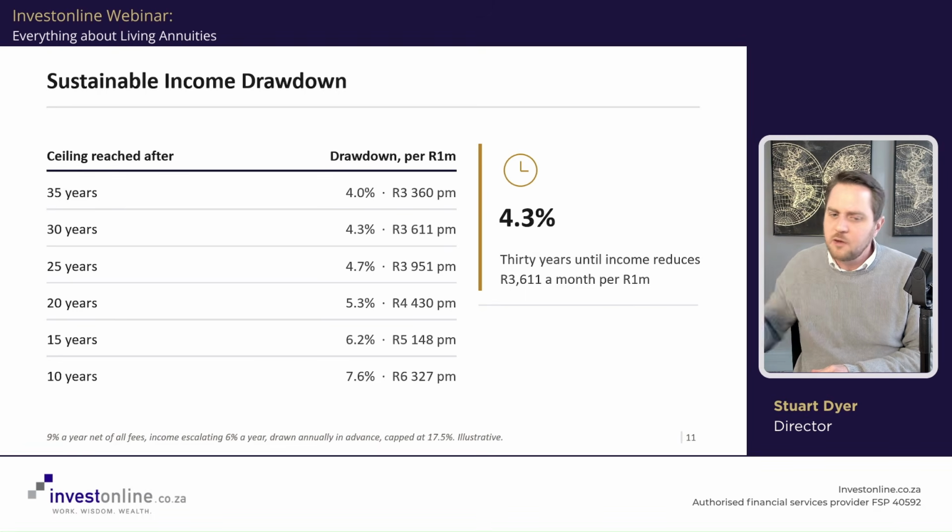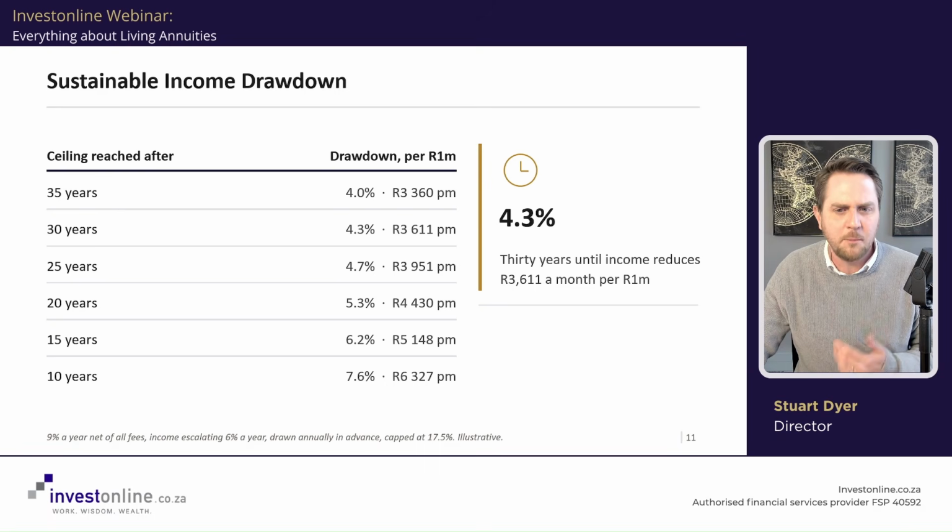So it doesn't mean you run out of capital overnight. In fact, it can take a long time, as long as 10 years plus, for your capital to run out once you hit that point. But for most people, you don't want your income to start reducing unless you've got other income and you've prepared for it. So in this table, what we've said is: if you are retiring, how many years would it take, at certain percentages that you're withdrawing, for your money to reach that 17.5% limit, and therefore your capital starts to